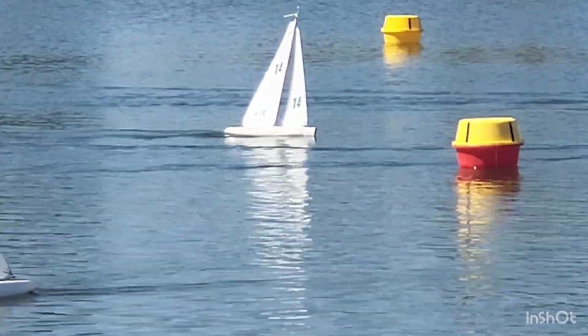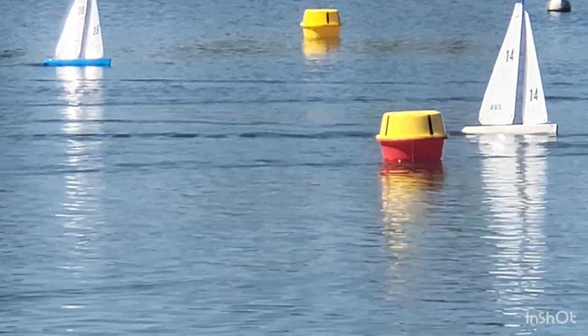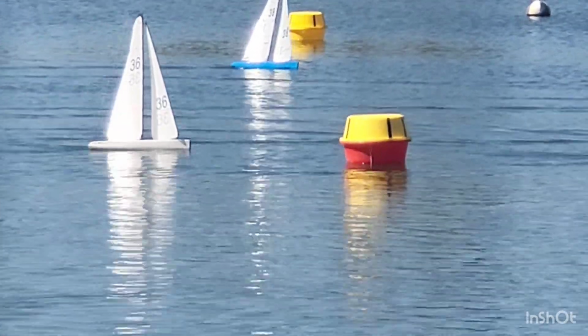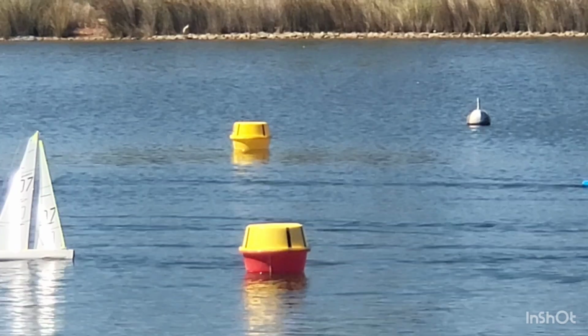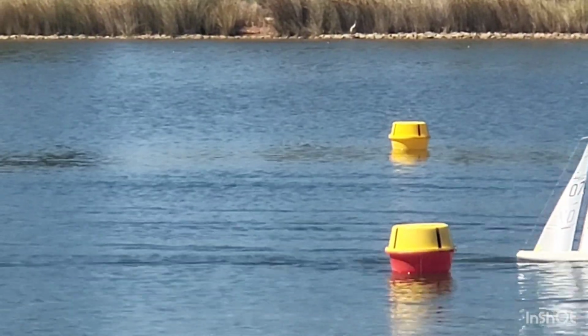We have 32 boats and 3 fleets. Each fleet sails around 13 or 14 boats in a race, and the top 4 progress to the